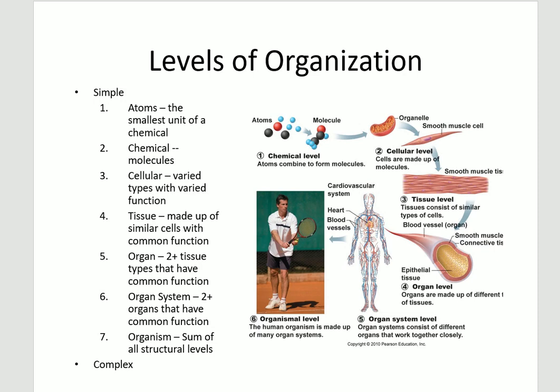So think of hydrogen, think of oxygen, think of carbon, think of the periodic table, right? These combine and they form a molecule. So H2O, which is water, CO2, which is carbon dioxide, CO, carbon monoxide,